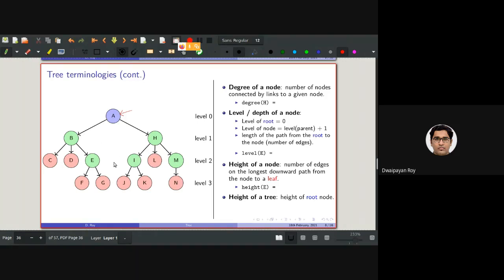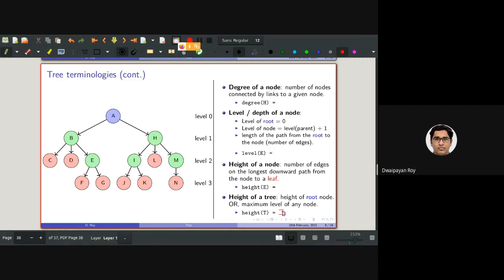It is 3. So you can see in all nodes, the longest path is here. This is one longest path. The same path is here as well. Another is here, and another fourth one is here. And all of them have length, in between there are actually 3 edges. So basically the height of this tree will be 3. Another way of defining the height is the maximum level of any node. As you can see, the maximum level of any node in this tree is 3. So that's why the height of this tree will be 3.